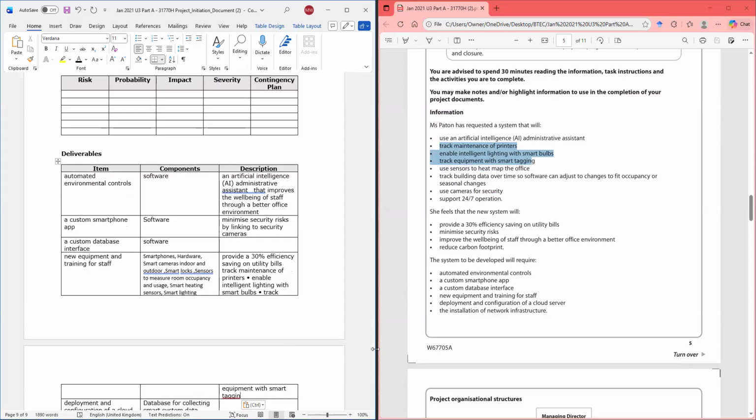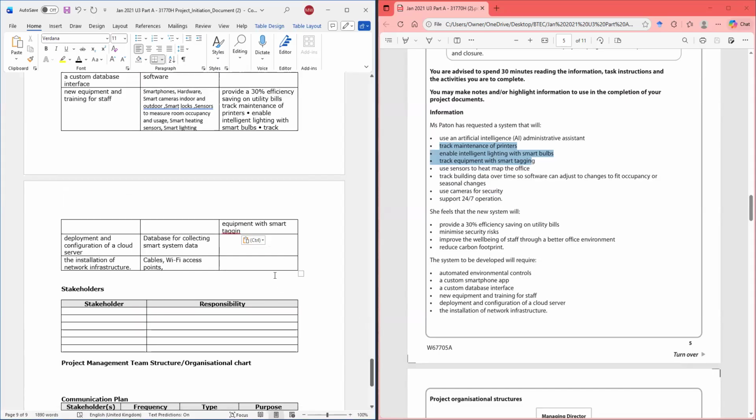All right? And then deployment and configuration of cloud server. So a database so that it will track building data over time.